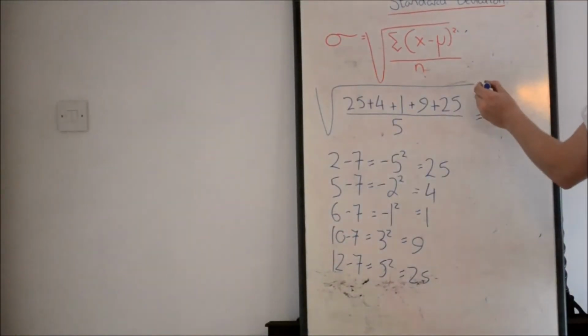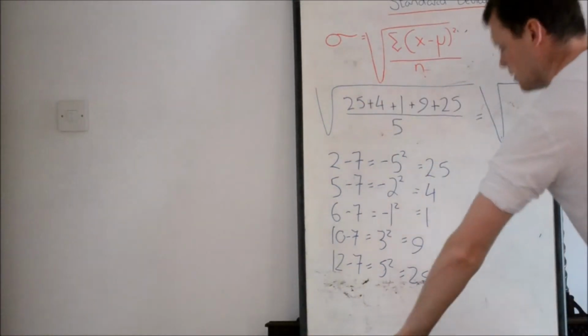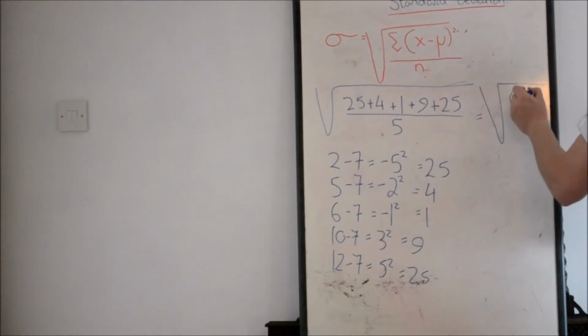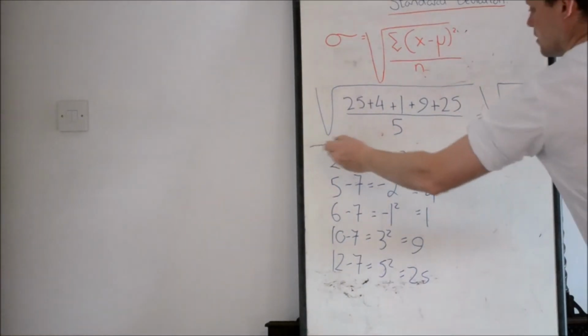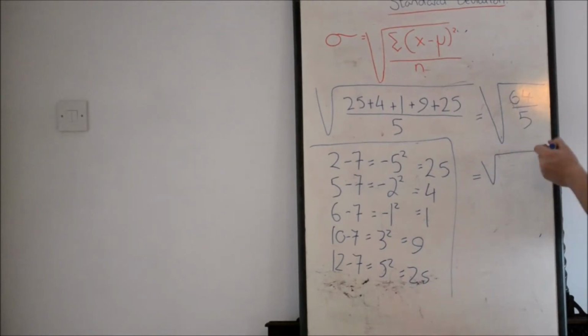let's keep going. Square root of, let's add up these. So we have 25 plus 4 plus 1 plus 9 plus 25 equals 64. So it's 64 over 5. Okay, again I'll go down here, sorry about this now. Equals the square root of 64 divided by 5. So we divide it by 5 equals